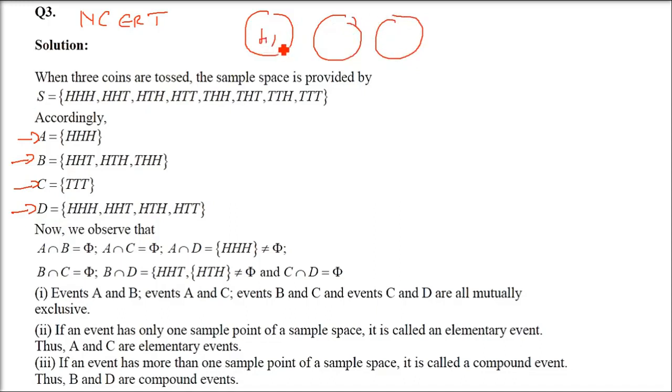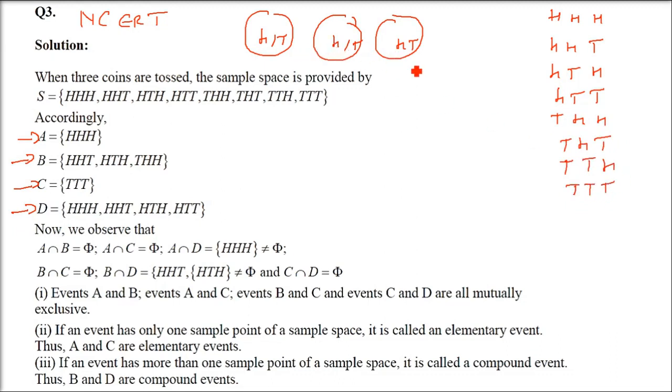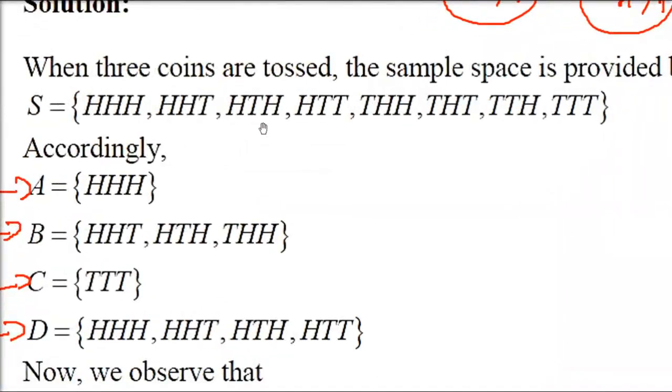If you see, there are 3 coins, so head or tail can come. You know that there are 2 possibilities, and there are 3 coins, so 2 to the power 3, that is going to be 8. So HHH, HHT, HTH, HTT, THH, THT, TTH, and TTT, 3 tails. You can verify also: as I said, 2 possibilities are there, H and T, so 2 to the power of the number of coins, which is 3. So 8. You can verify that you have done it right or not.